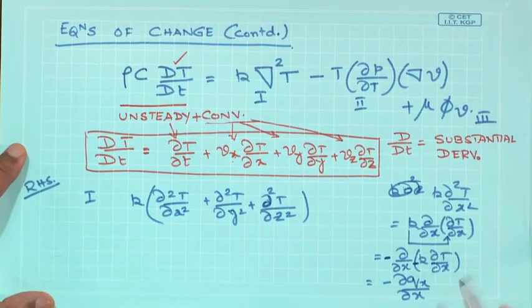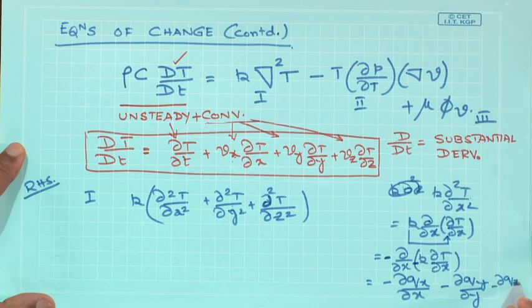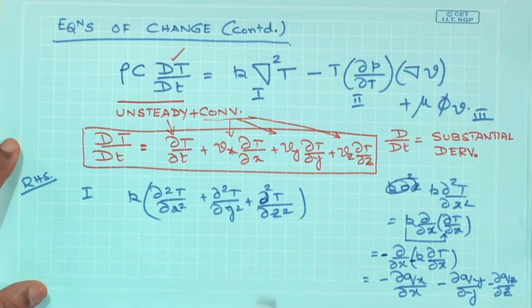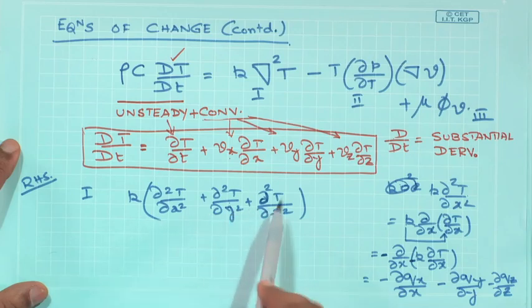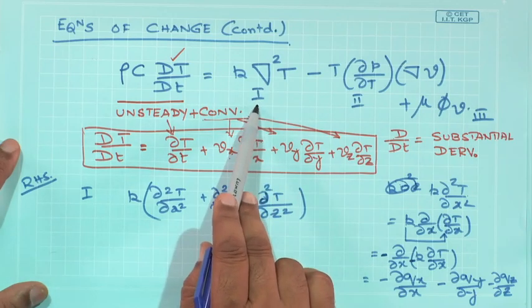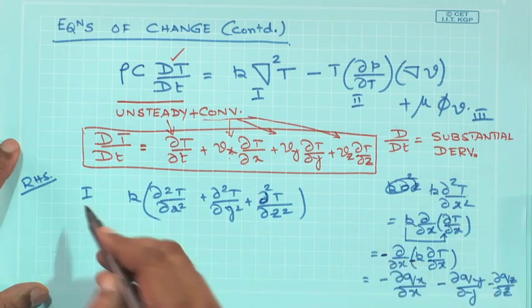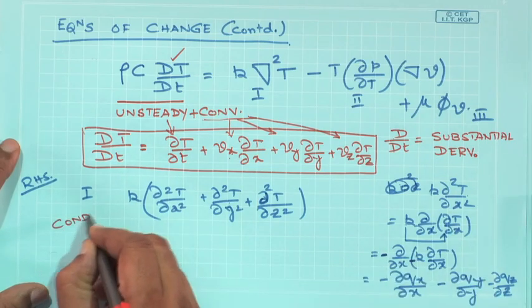So this term gives me the del x of the q x, the scalar component of the heat flux vector in the x direction. Similarly, del 2 T del y square would simply be minus del q y by del y, and this term would be minus del q z by del z. Okay. So these three terms on the right hand side, which I denoted by 1, represent the conduction heat transfer